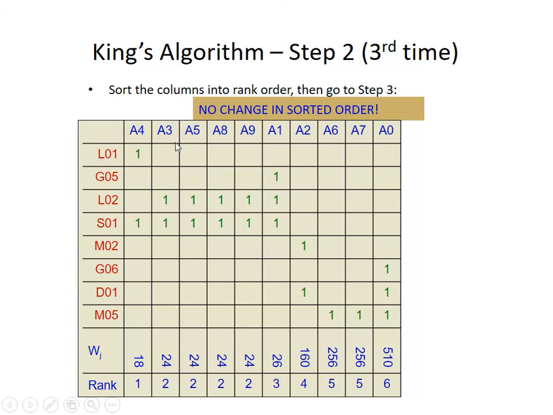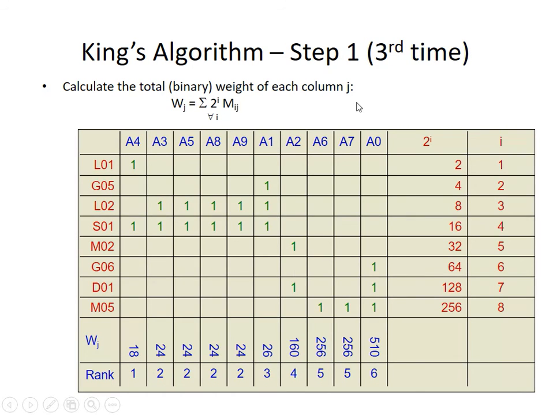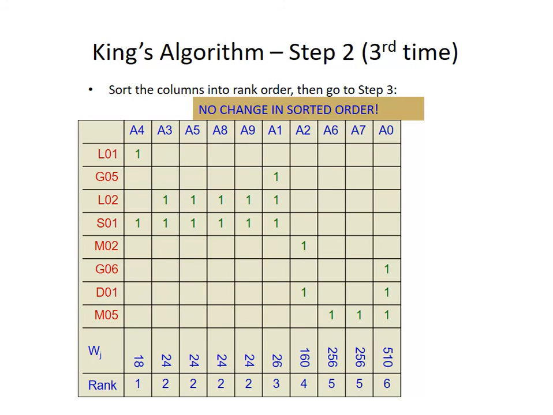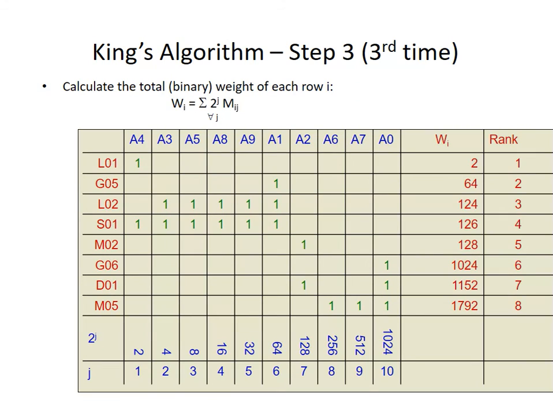So as you can see, A3, A5, A8, the number is repeated or the rank is having the same thing. So here you can observe there is no change in the sorted order compared to the before one. So if this case arises, we can stop that process and we can ensure that that particular PFA is optimized and it is having that particular sequential order. So this is the final step we are getting after analyzing or clustering rank wise.